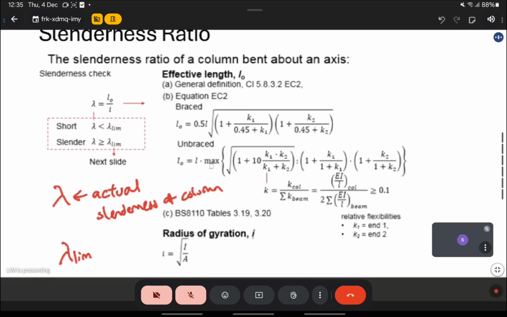Next slide. This is the slenderness limit. Next slide. This slide, we focus on the actual slenderness of your column. So it depends on the properties of your column. So to calculate the slenderness ratio of your column, there are 3